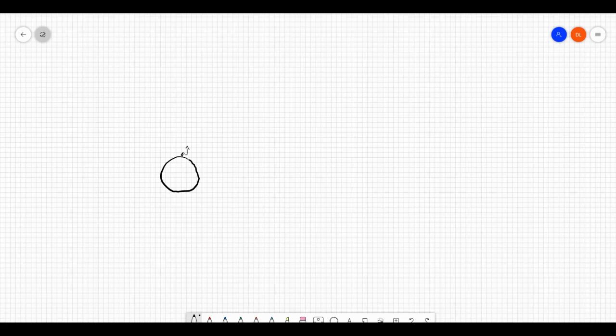However, consider the case where the ball is sent so fast that it reaches such an altitude where it escapes the planet. So what do I mean by escape? Well, assuming that we neglect the influence of all of the other planets in the solar system, what we mean by this